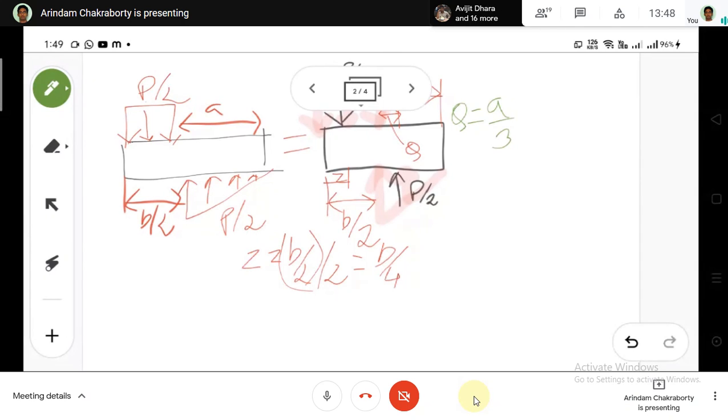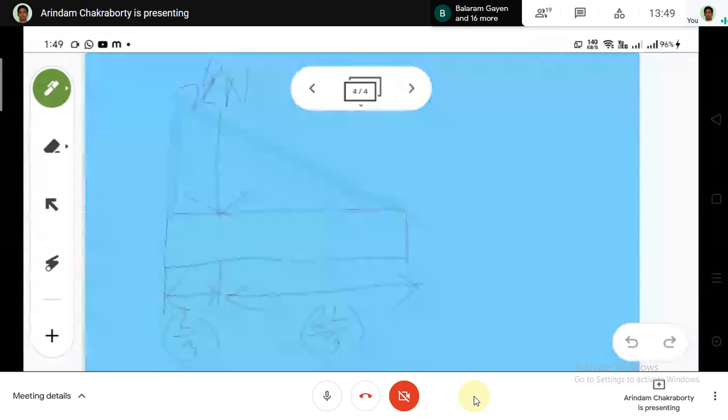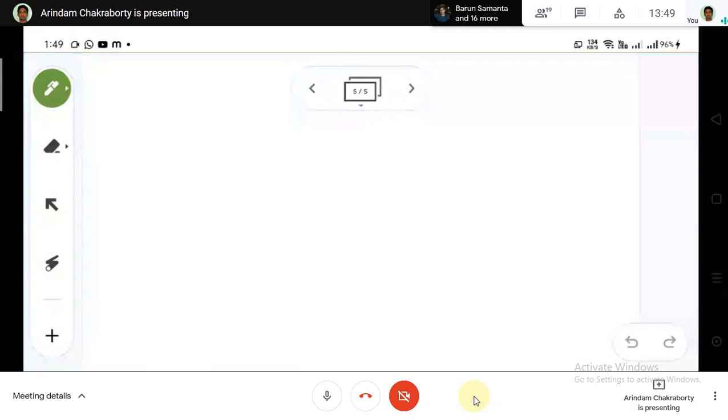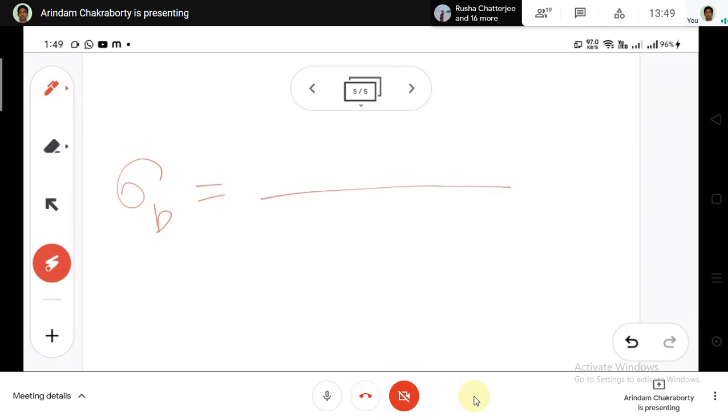Now we have to proceed furthermore. For proceeding furthermore, we need to know about the bending stress, sigma b. How many of you know about sigma b, bending stress? Anyone? Sir, I don't know. Okay, fine, anyone else? Did you study bending stress in solid mechanics, does anyone remember? Sir, last time solid mechanics was not taught very well. Okay, now let me give you